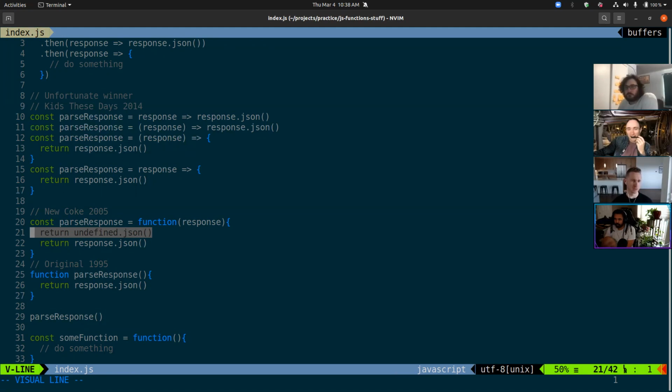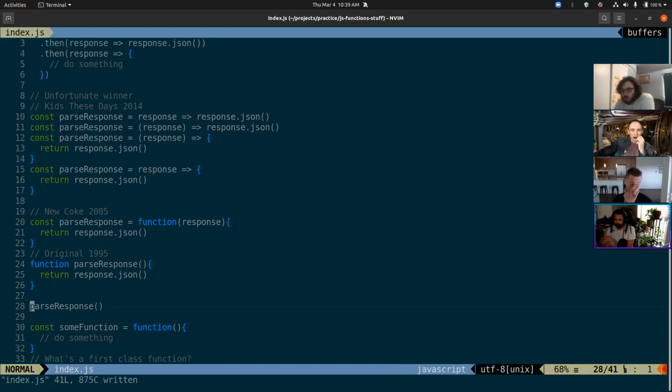Please do. Is it just a type error? It is a type error. It doesn't know how to run it on that thing. It can't invoke JSON on that. Bingo. Because undefined doesn't have methods. It's a type error. If I try to call the JSON method of undefined, it's going to go, dog, I don't have methods. I'm undefined. So yeah, I'd need to pass something that has a JSON method. So that could be